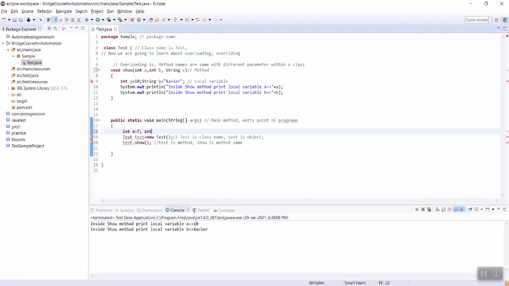Integer a equal to 7, then integer b equal to 8, then string c equal to, within double quotes you can give any words or sentence that can be used in our program. So currently we are having three values for the variables.